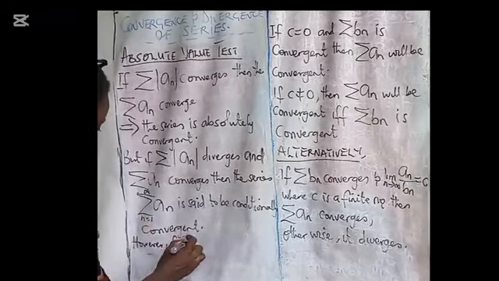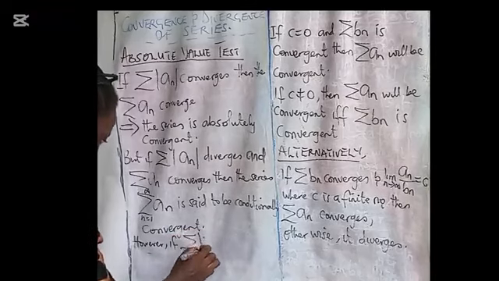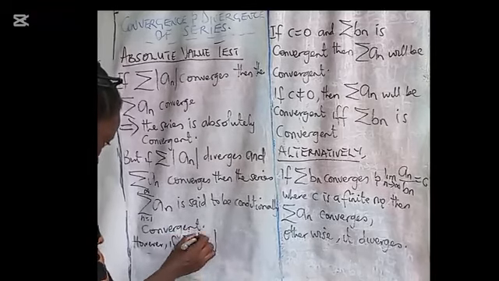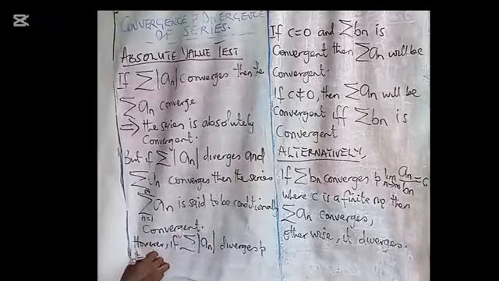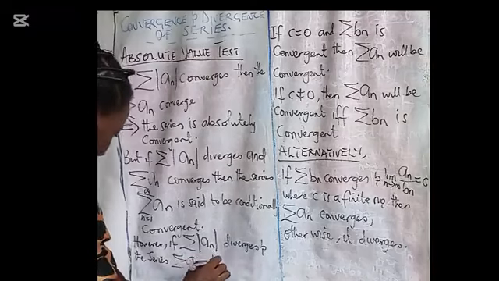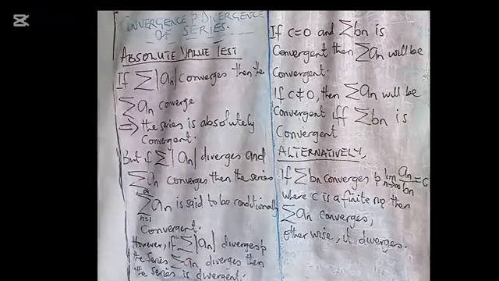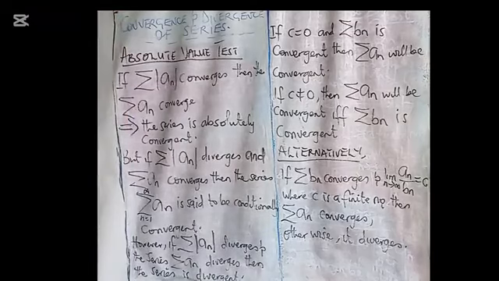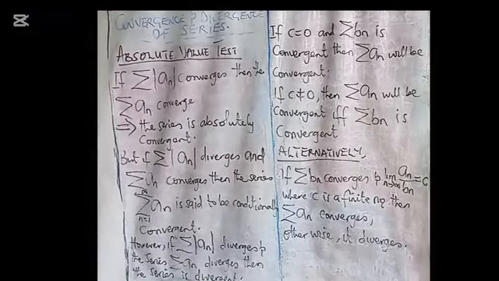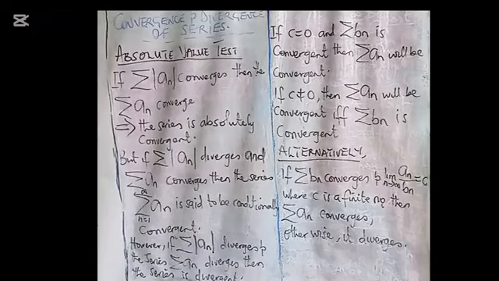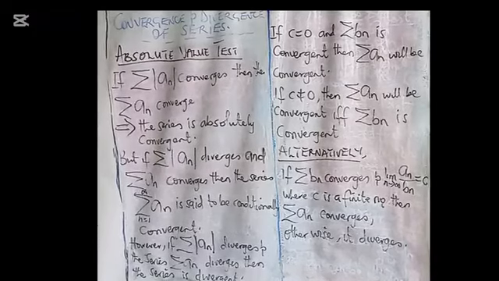However, if the absolute value of a sub n of summation a sub n diverges and the series summation a sub n diverges, the series is divergent. In the next video, we'll be looking at how to apply each one of these tests in determining the convergence